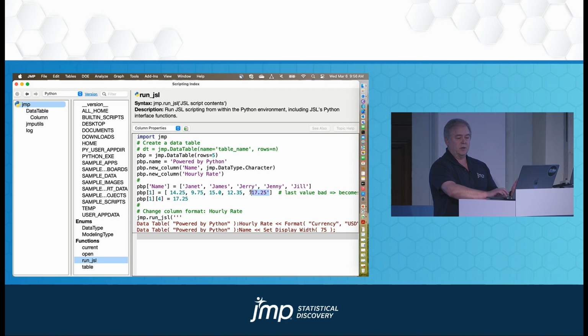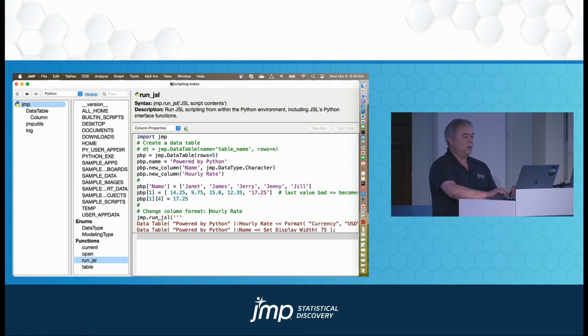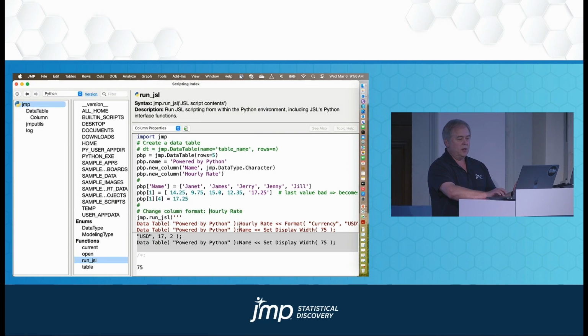Here, this one would give us a missing value because it's a numeric going in, and then we can set the individual cell. And notice it's column, row, and as with Python, it's zero-based indexing. So we can run this script, and we created from Python a two-column table, a character and numeric, and then we use the run JSL command to format the columns. So next, we'll go with